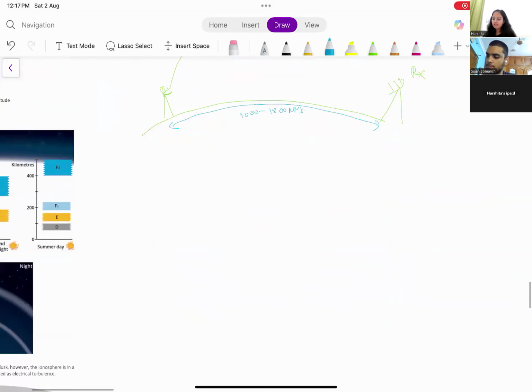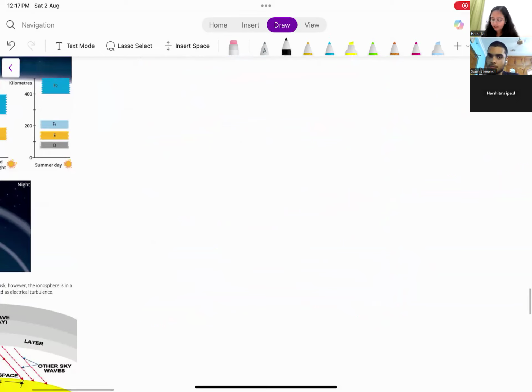Now, let us understand the different layers in the ionosphere. When you studied meteorology, you must have studied only the ionosphere, as it is a layer where ions occur. There are ions in this. But when we study navigation, we will even divide this ionosphere into three different layers. What are the three